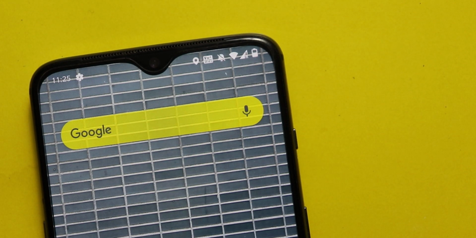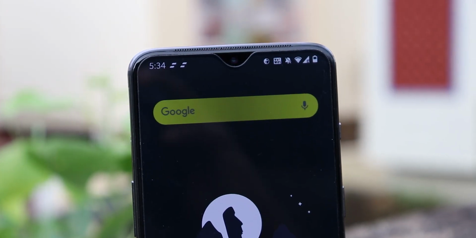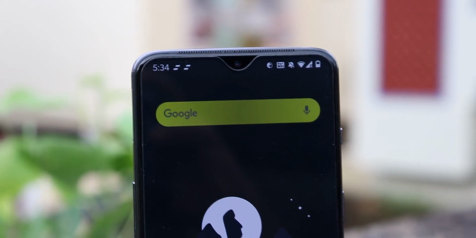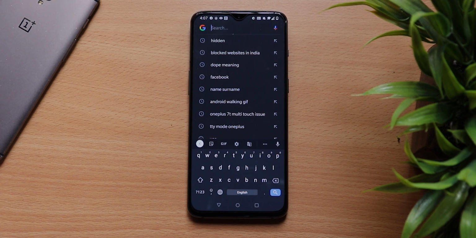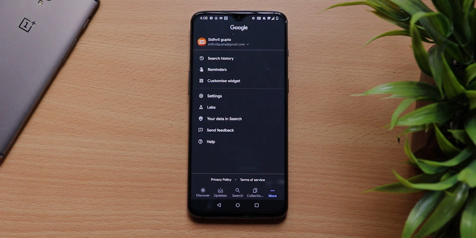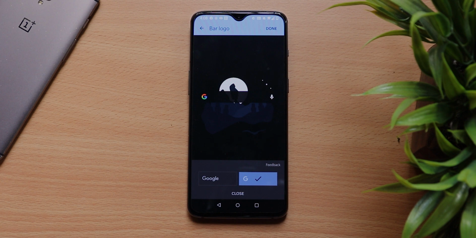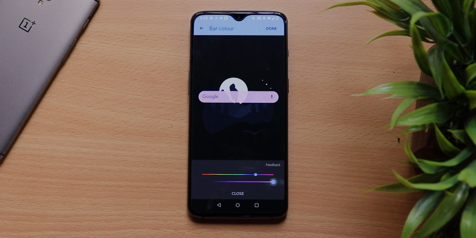We all use Google widget on home screen, but do you know that it's customizable? Yes, you can customize it. Click on the widget and now in the options below go to more. Now tap on customize widget. Here you have different styles. You can change color, transparency, boldness, logo style, etc. This is really cool and I don't think a lot of people out there know it. If you know, it's really good.